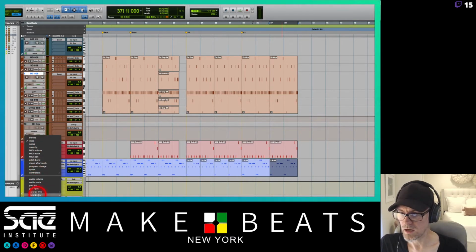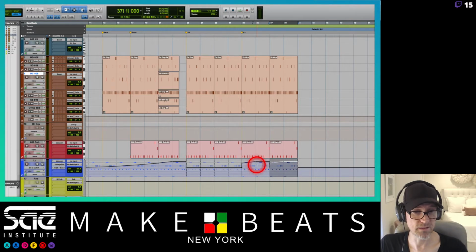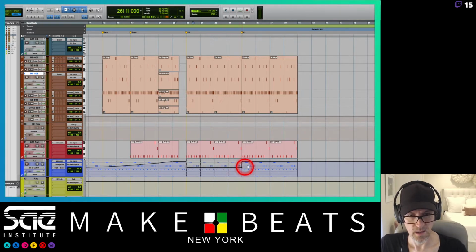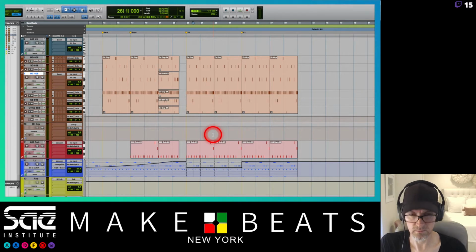And if I go down here, and what I'm doing is I'm holding down Option, I'm copying it over. What that does is it allows me to copy over the clip, but it's also copying in my automation as well. Okay, so the automation's all copied over. So here it's going to just be like this. And then over here, let me just get rid of some of these points, clean that up a little bit. So when I get to here,